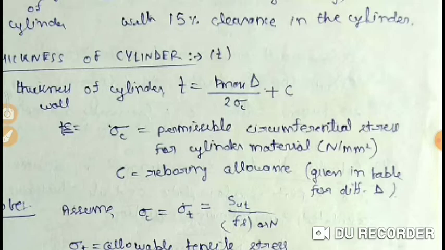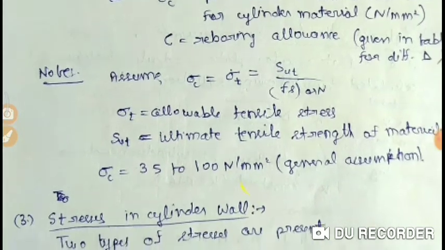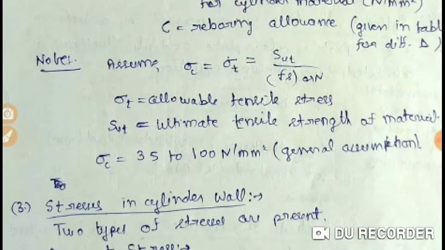What is the reboring allowance? For boring the piston into the cylinder, there must be some gap. That means there must be some very minute clearance so that the piston can be fitted into the cylinder. So plus C is that value that must be provided in the cylinder. If you closely examine, the diameter of the cylinder will always be greater than the diameter of the piston.